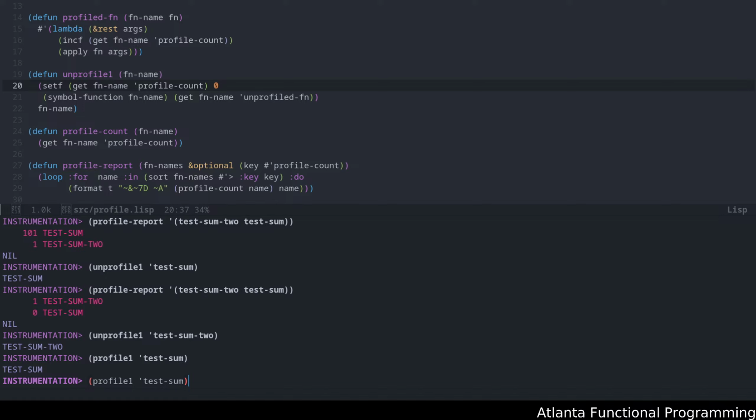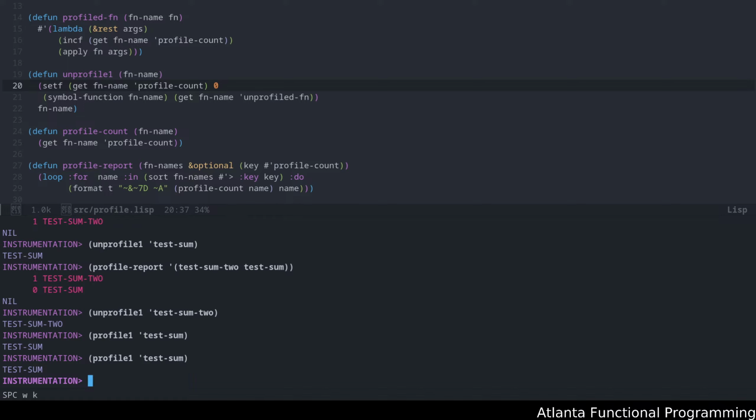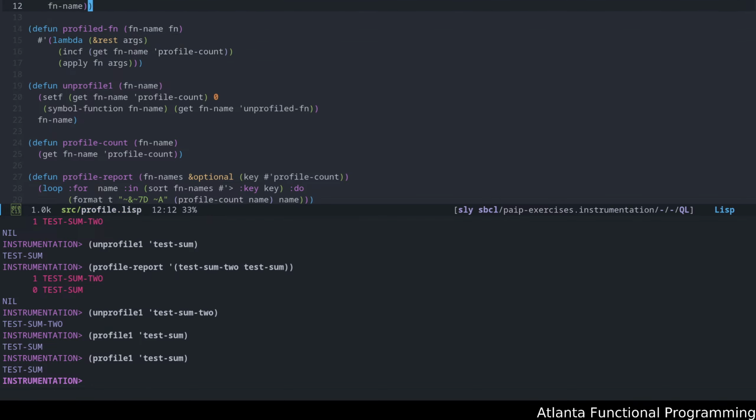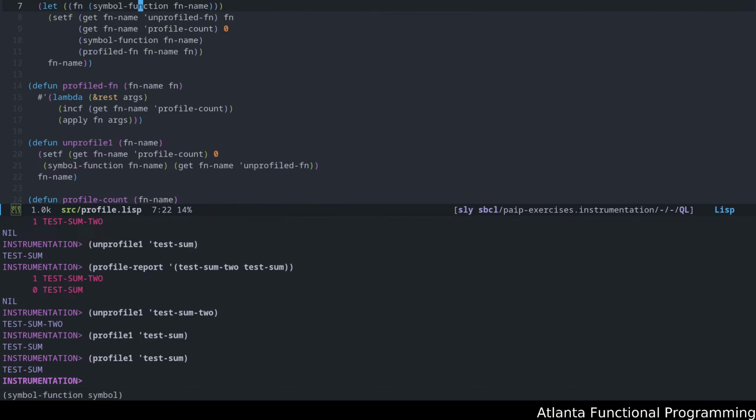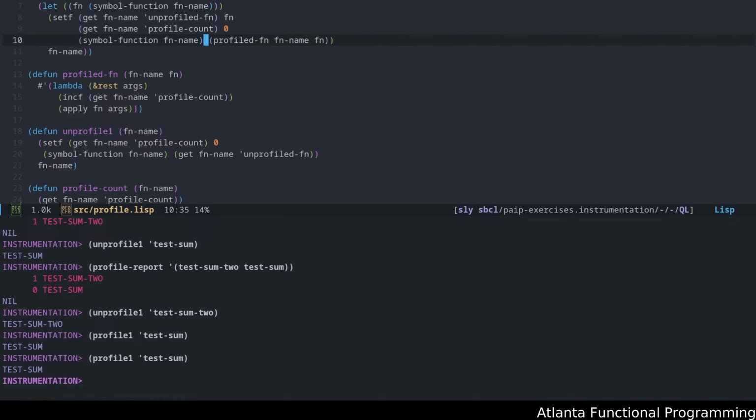And the reason for this is, remember what we did when we actually invoked profile, right? We actually changed the function definition on line 10, right here, to give you more things. And we changed it to the profile function. So effectively now, if we go look up the symbol function, here for,